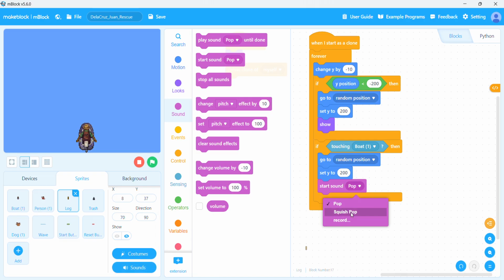When a log clone hits the boat, it teleports back to the top to spawn again, and the sound signals the collision. This is the game telling the player they have been hit.